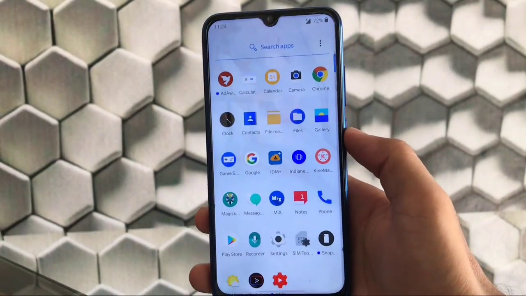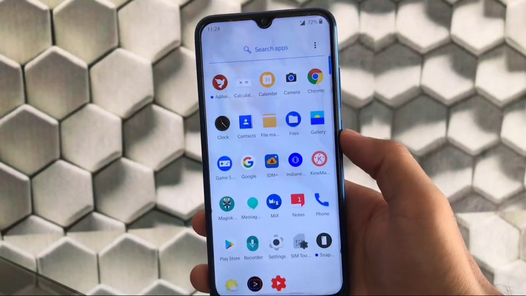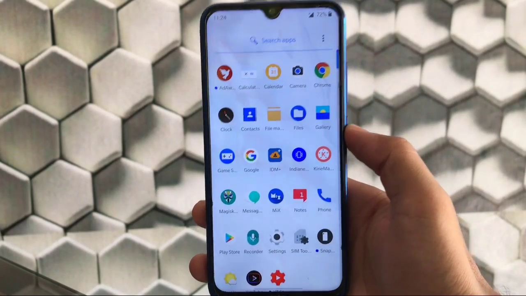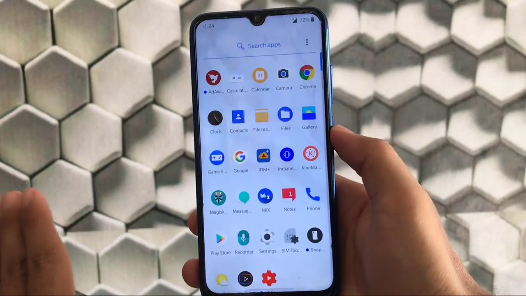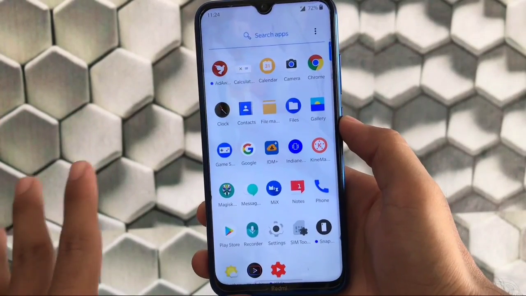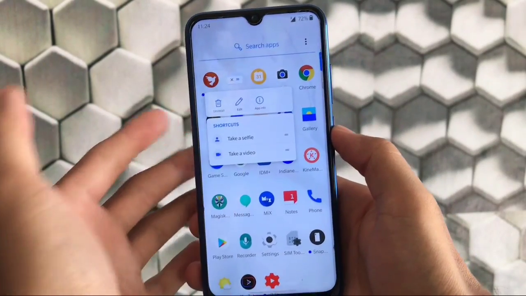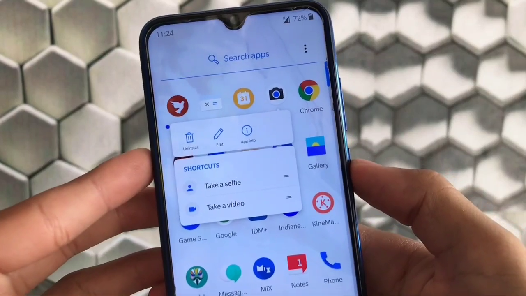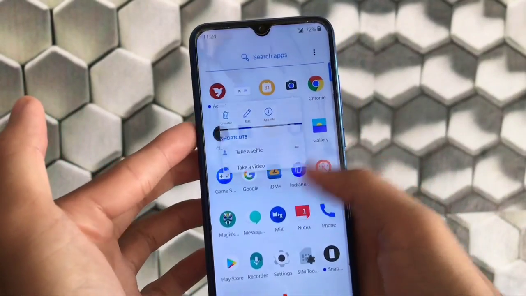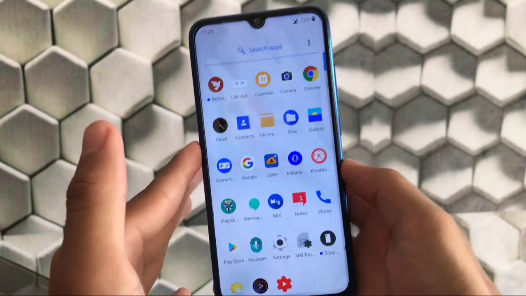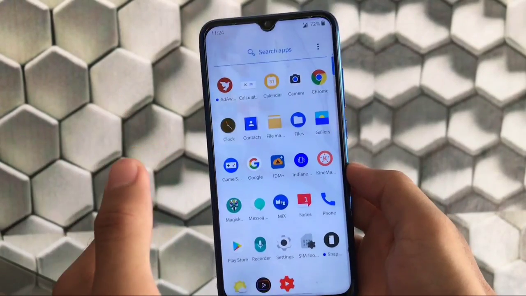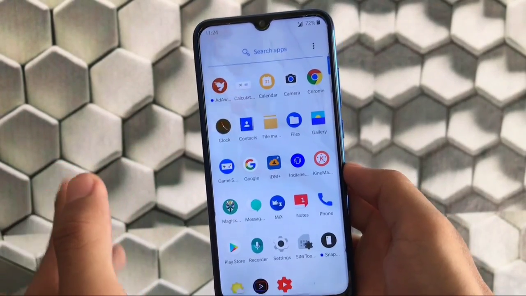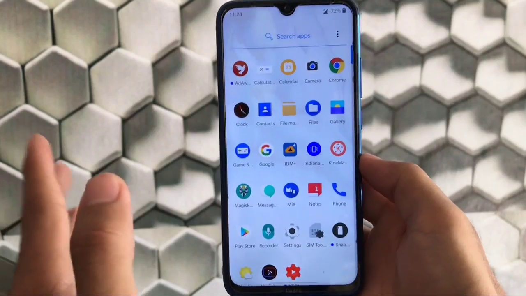So let's move on to the camera. We have Gcam pre-installed, with the option of uninstalling it also. If you want to use this Gcam, you can use it, and if you don't want to use it, you can simply click here, click on the uninstall option available here, and choose your preferred camera. I also have a OnePlus Sport camera video available, and if you want to check it out, you can, and you can install that OnePlus Sport camera for your device.